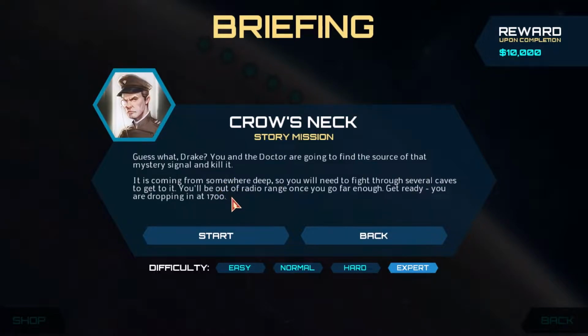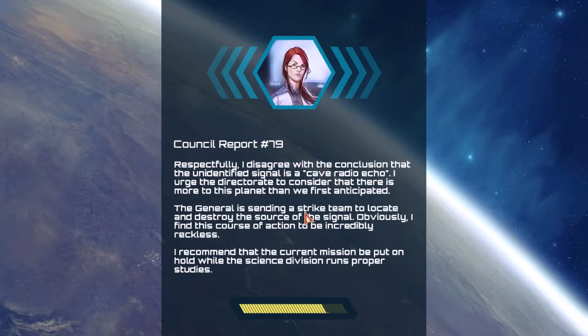So we've got a bit of a longer story arc being signaled here, covering multiple missions. Dr. Cassandra, Council Report number 79. The first one we saw from her was, I believe, number 57, so she's been filing a great many reports